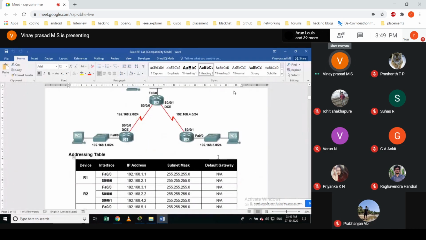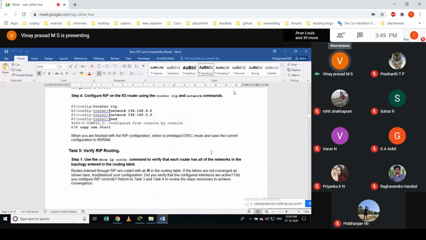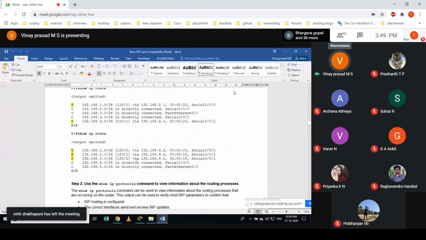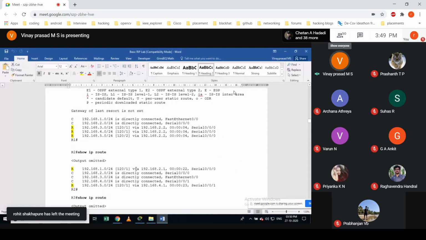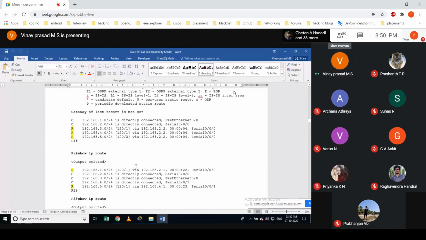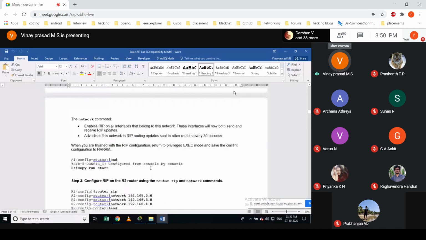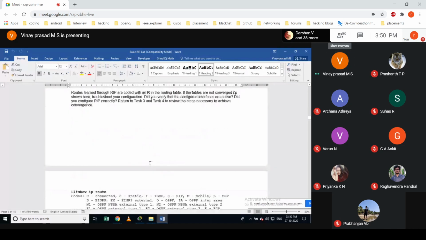But there is a problem with this routing protocol, and we would come to know. We already know that, right? This will not be stable if the network scales. There may be instability due to the working principle of this routing protocol.